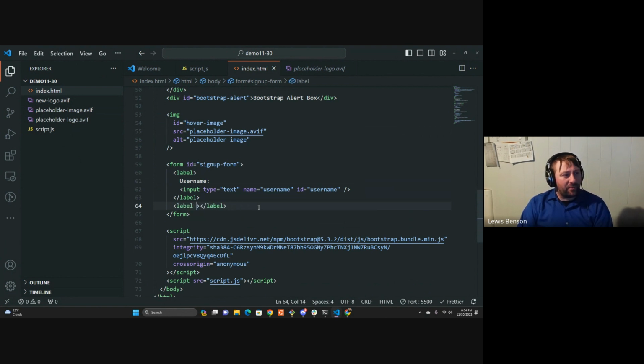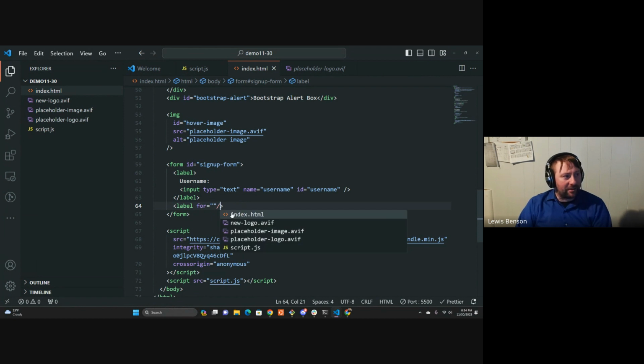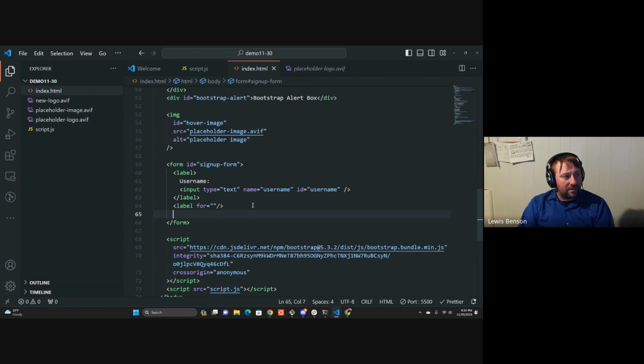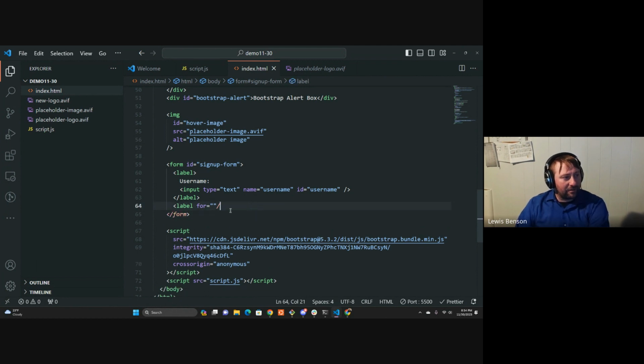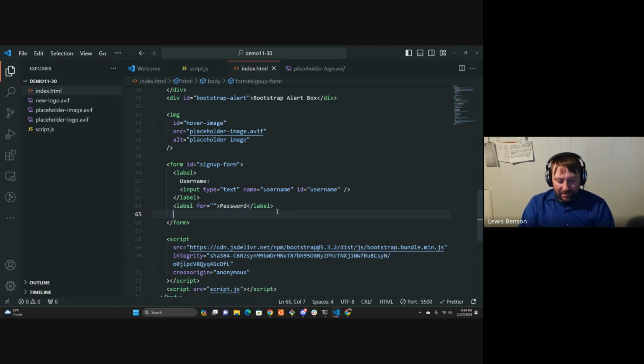The reason I'm deleting the for attribute, actually I'll leave it in this one to show you the difference, is because I made my label a self-closer. If I don't make the label a self-closer, I do it like this, then actually I think it has to be a regular label. Yeah. I put my text in here. This would be password. And then underneath, I put my input like that. And then I'll say password and password. And then this for is going to say password so that it knows which input